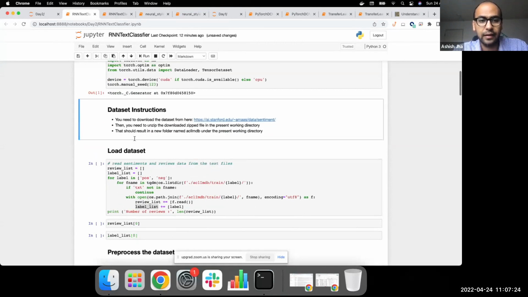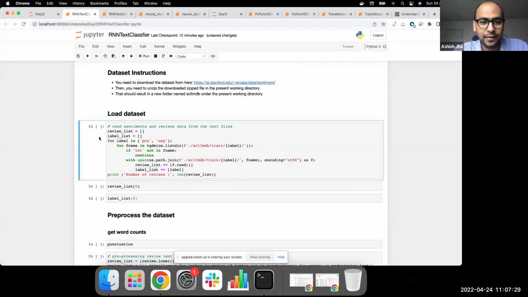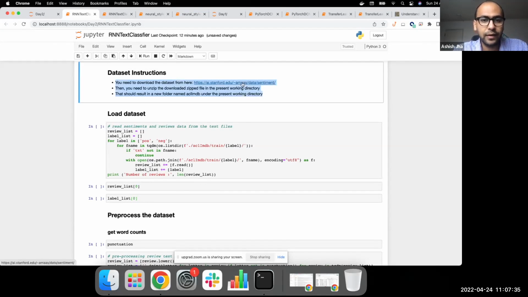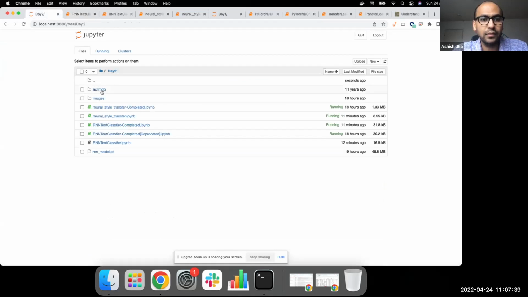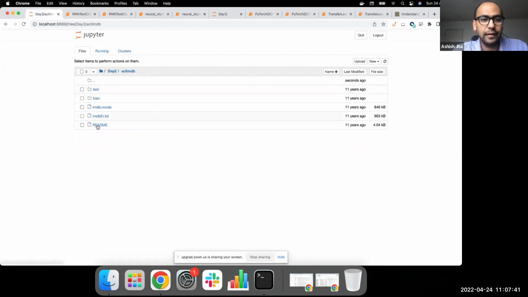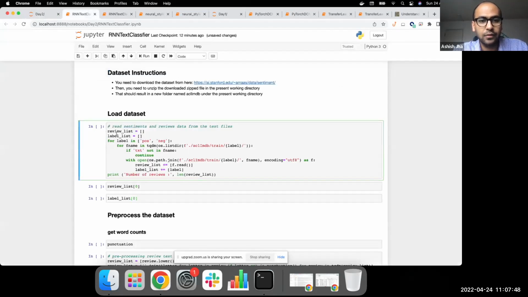The next step, as we mentioned earlier, is that we are going to focus on the data set. So I have added instructions here to download the data set. There is a zip file which you can unzip and copy over this folder here, and it contains everything that you need, the test and the training subfolders. But that is done for us right now, so we already have that folder here.